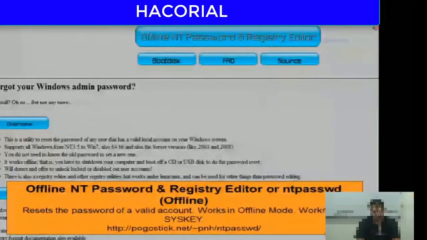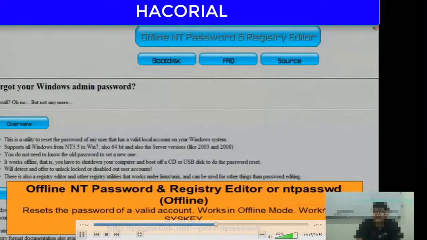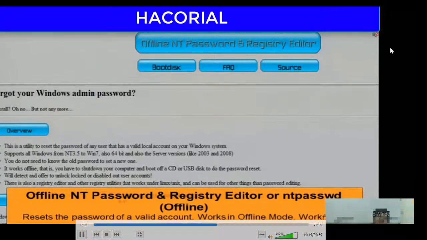There's another very interesting software called Offline NT Password and Registry Editor. I repeat, Offline NT Password and Registry Editor, or in short, it is often known as NT Password. NT Password. So you can use this to reset